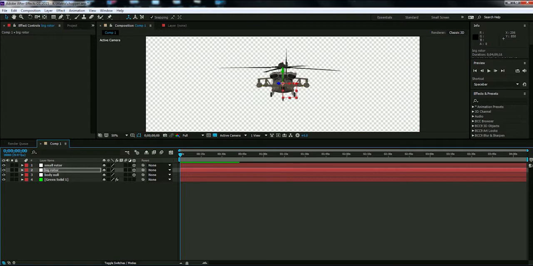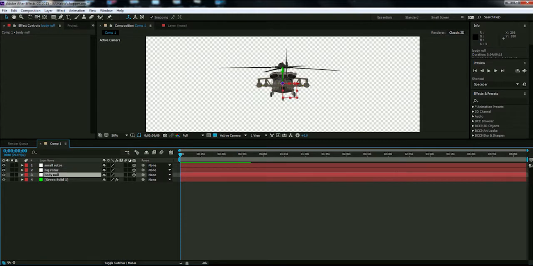But before we do that, this is the body null. We want to pick whip here, click on there, left button, and hold it down and pick whip that small rotor to the body null. You want to do the same with the big rotor to the body null. Now, I'm still not going to move the helicopter just yet because it makes it harder to do whatever you do. But we've done all this, right? So now we want to go back into